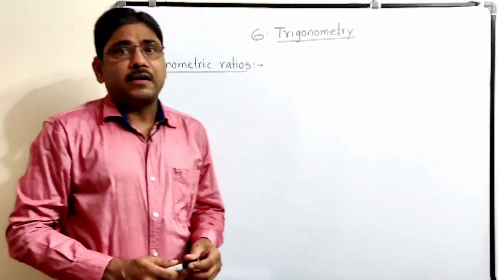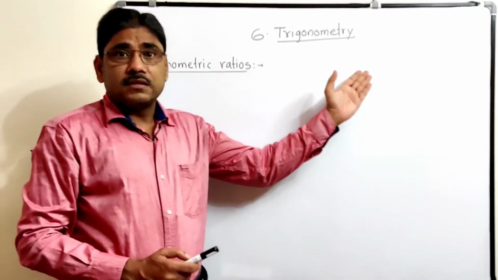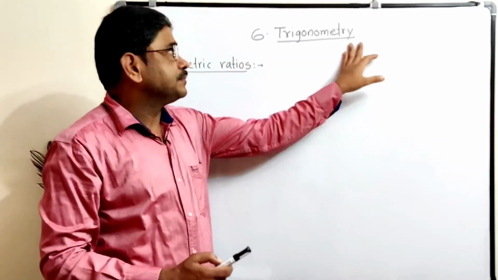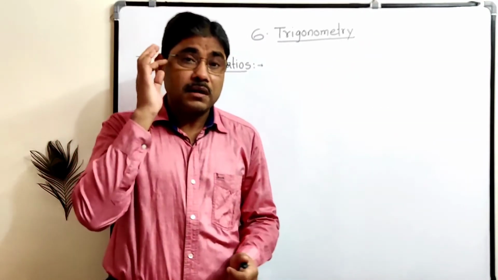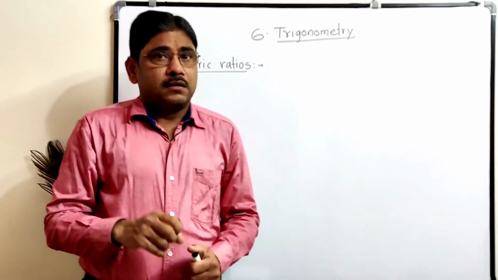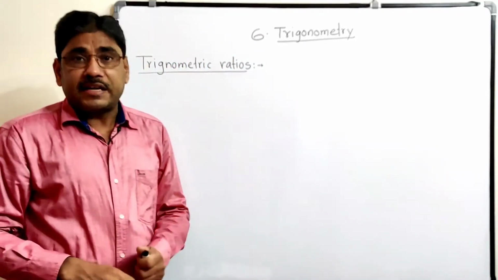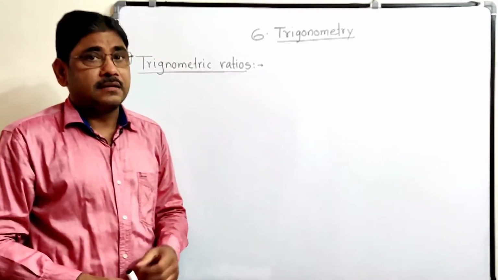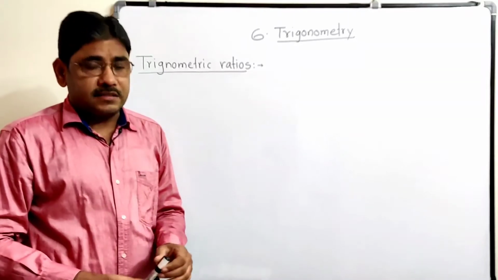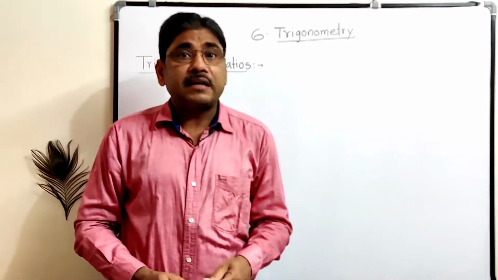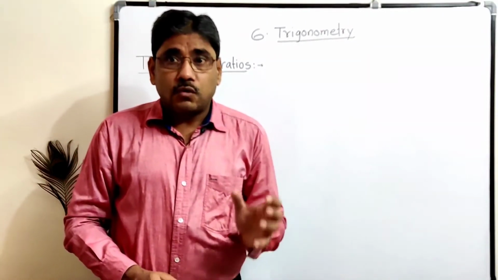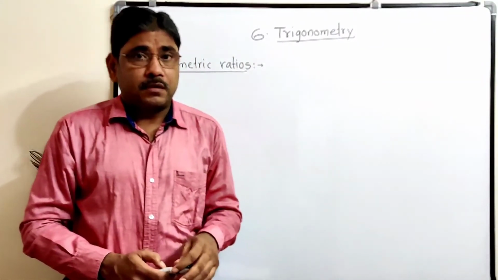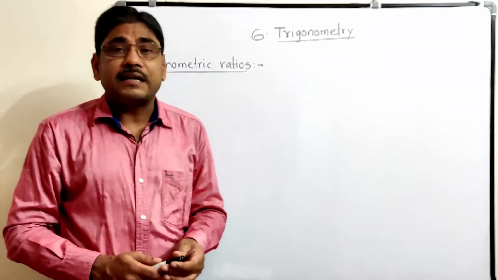Today we are going to study this standard 10th geometry 6th chapter, trigonometry. In 9th standard also we studied these trigonometric ratios and the relation between the trigonometric ratios and the trigonometric identities. First we have to revise the trigonometric ratios. So there are basic 6 trigonometric ratios. So let us see the formulas of the trigonometric ratios.